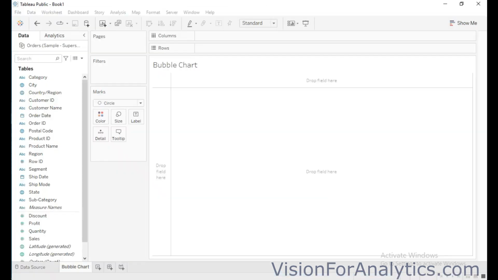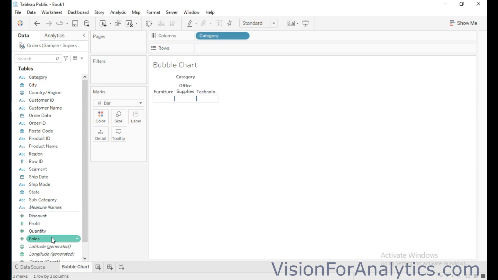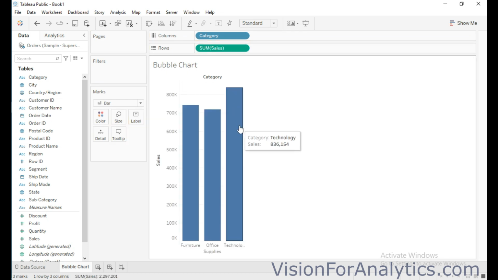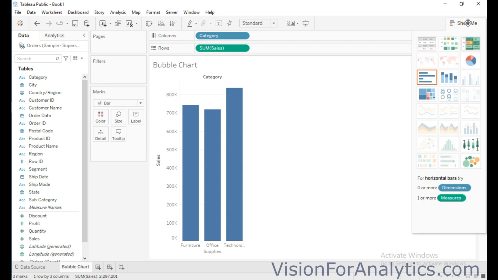So let's go to Tableau. First I will drag category into the column shelf and sales into the row shelf. Tableau will display the default chart, which is a bar chart. To turn this into a bubble chart, click on the Show Me option and select the packed bubble